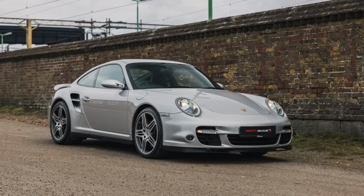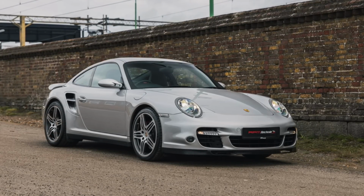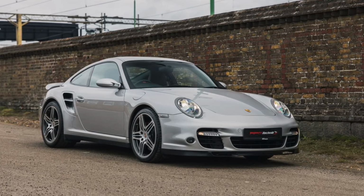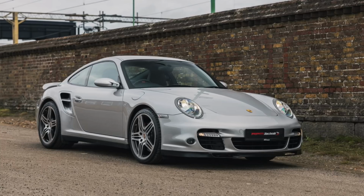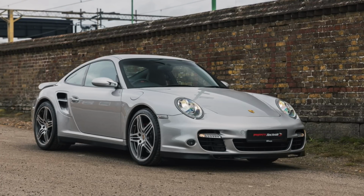Very usable, very tractable day to day. It's also still incredibly quick by modern standards as well. It's actually more powerful than the 992 Carrera S that we're comparing these cars to. As I said, this car from RPM Technik, it's an absolute cracker in terms of spec,